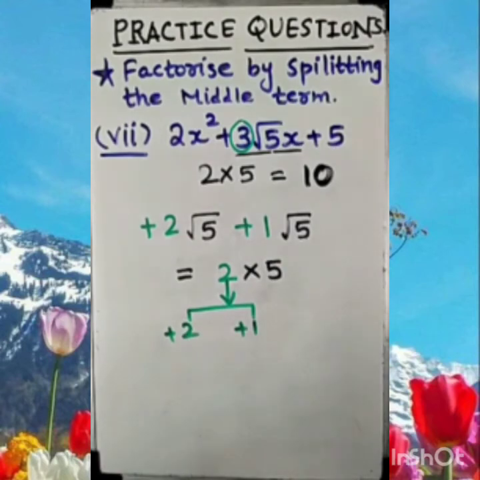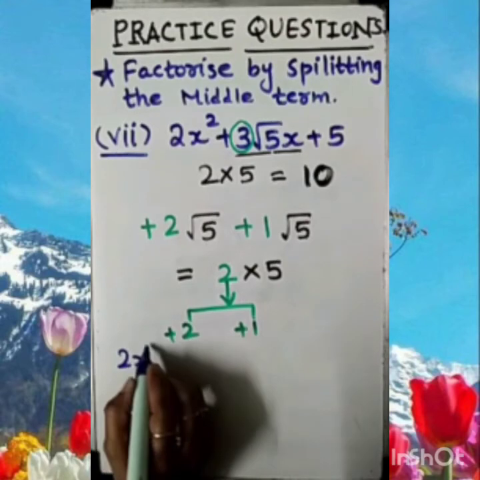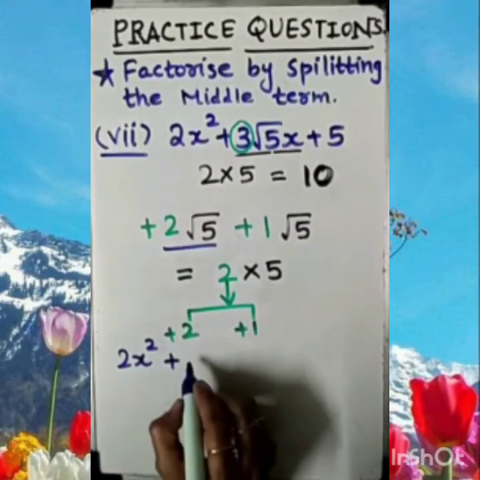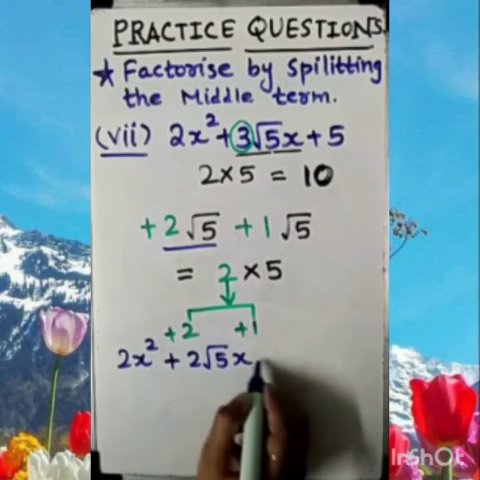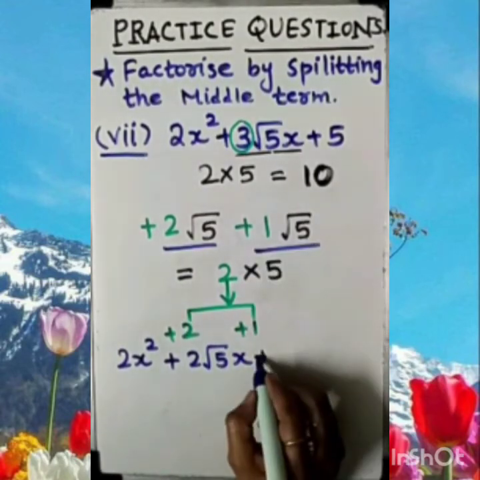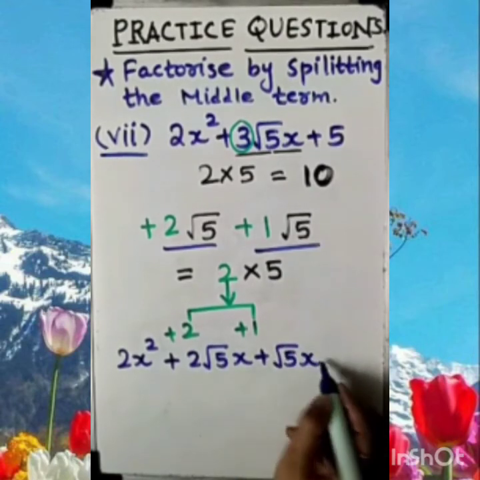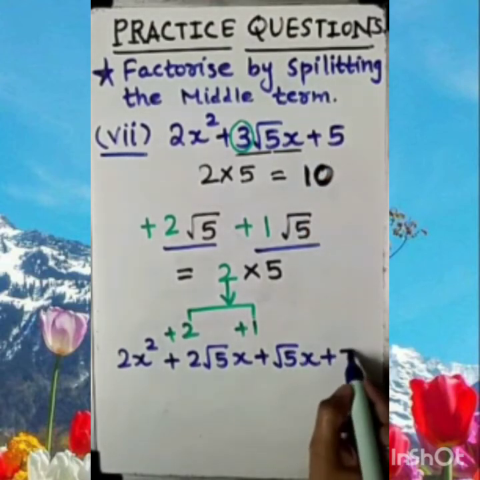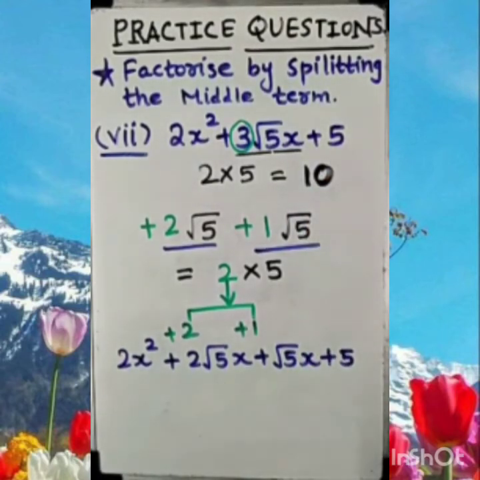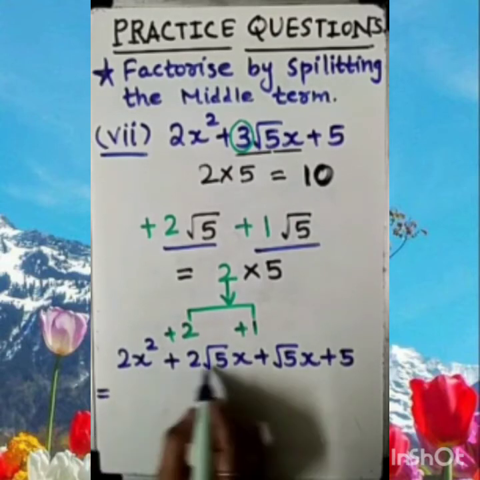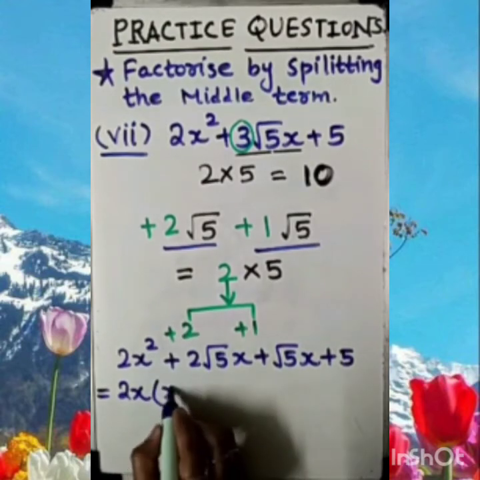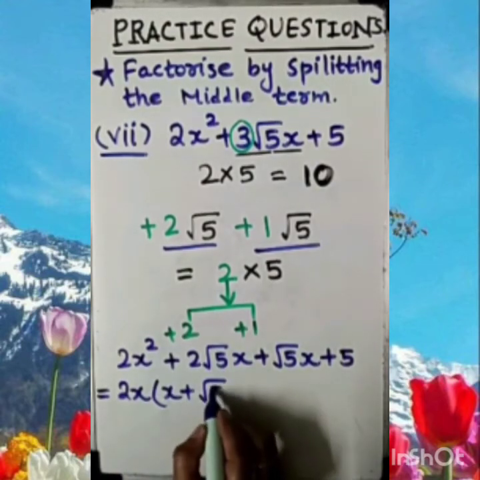Clear? So which two factors am I gaining? Let's note down. So we will have 2x square first term as usual. Another term I need to mention here, 2 root 5x, plus one more term 1 root 5x, or simply you can write root 5x because it doesn't matter if you do not write 1, and of course the last term is 5. Now from the first two terms something common, that is 2x is common, you can see. So what will be left here? x is left and root 5 will be left.